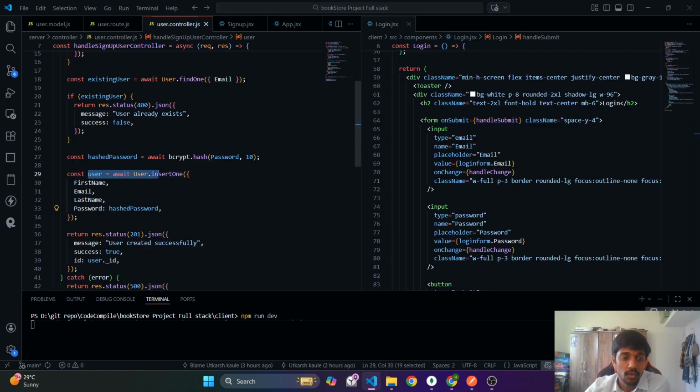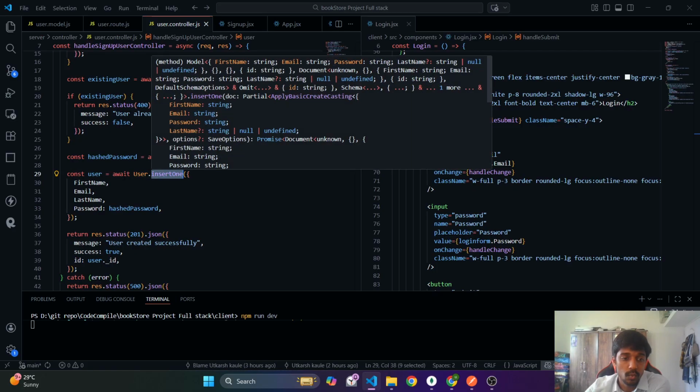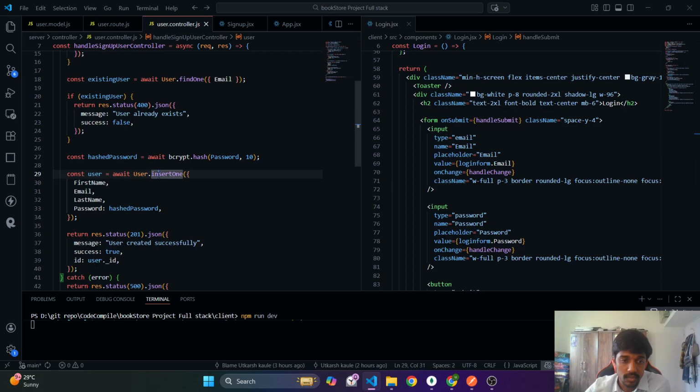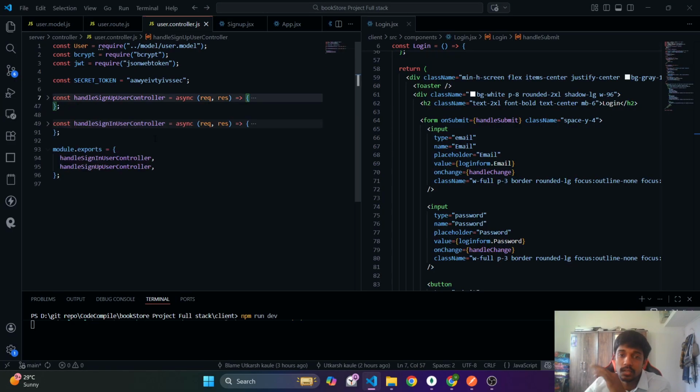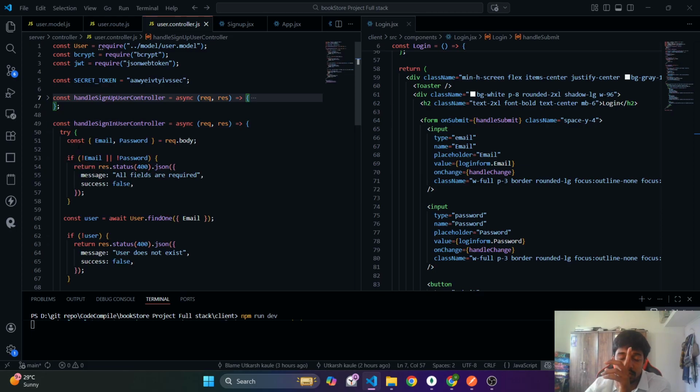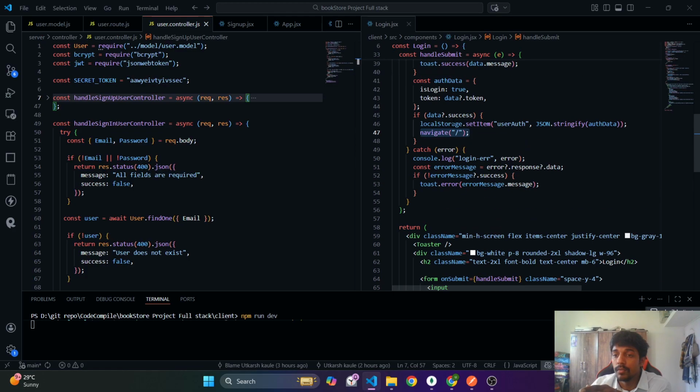The information that we are storing in a database is insert one in user. We are just inserting this first name, email, last name, and password. And the password is hashed in this case, and it will return that the user is created successfully. This is the complete process for the sign up process for the user. Now we'll come to the